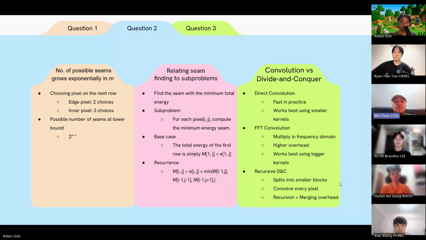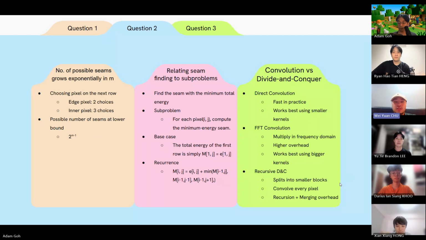This method splits the image into smaller regions and processes each recursively, but each pixel still needs to be convolved with the full kernel, which results in an overall complexity of O(MN k squared), where k is the number of subproblems it divides into. So this introduces recursion and merging, which gives extra overhead and makes it slower in practice,